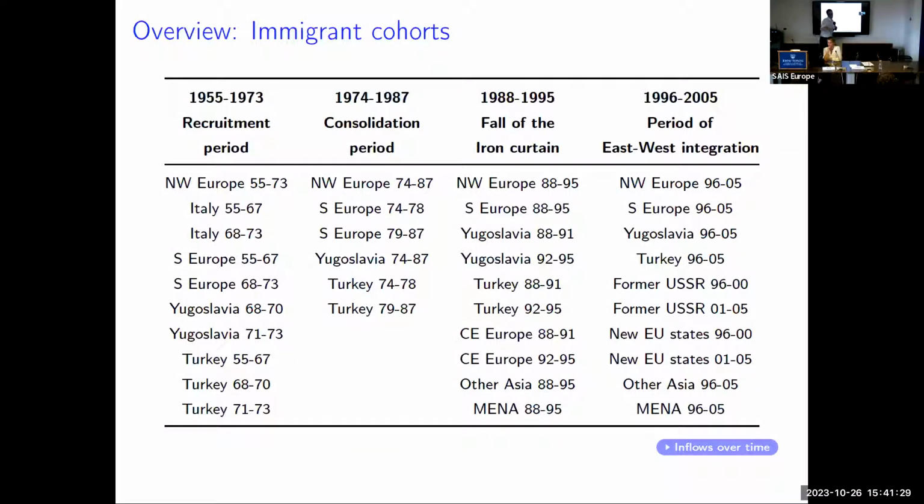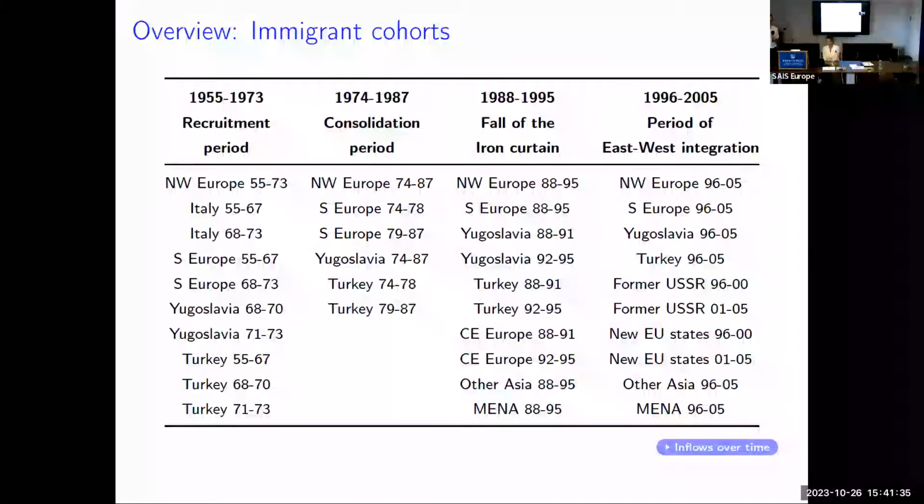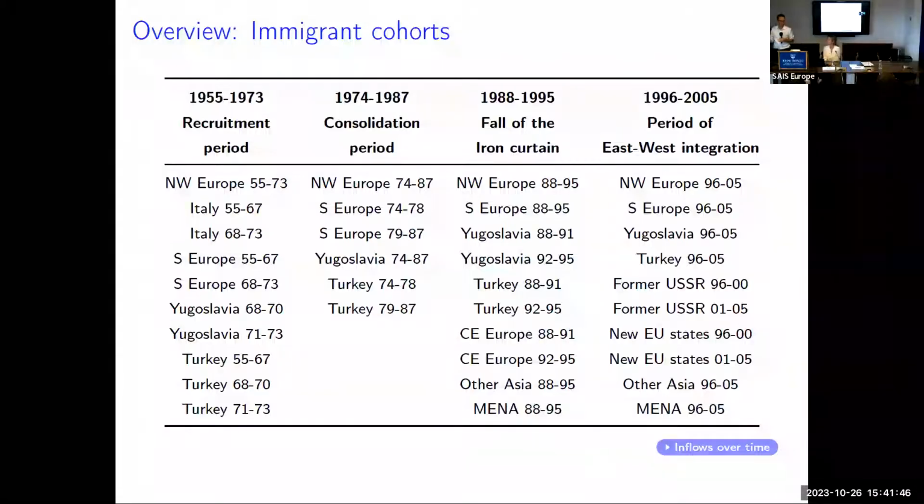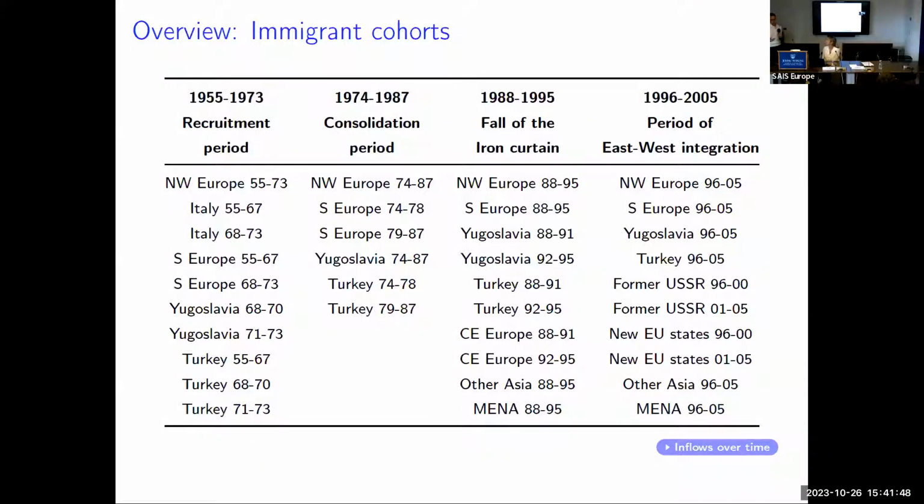Then we had another wave of immigration in the early 90s. And that was, of course, because of the fall of the Iron Curtain. So now we had lots of Eastern Europeans coming into Germany. And then we had this increased East-West integration. And so we had a few other spikes in immigration more recently, in particular around 2015. So-called refugee arrivals around 2015 from Syria and other countries. And of course, most recently after the Russian-Ukrainian war, arrival of